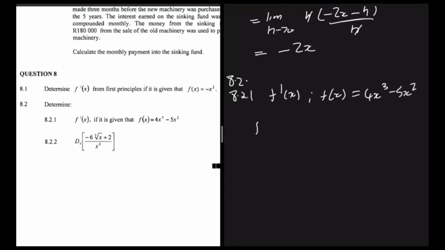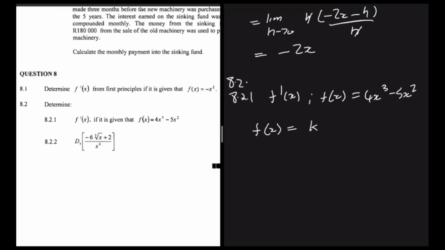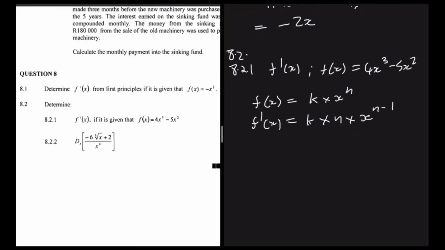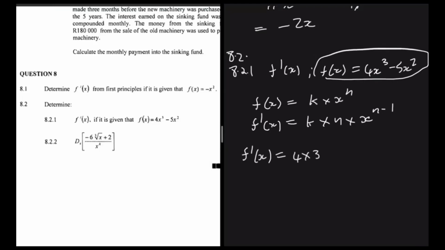The power rule says that if you have f of x equal to k multiplied by x to the power n, then f prime of x will be k multiplied by n multiplied by x to the power n minus 1. So if we use that same idea here, we're going to have f prime of x. This is our f of x, right? Which is going to be equal to k is 4, multiplied by n is 3, and then multiplied by x